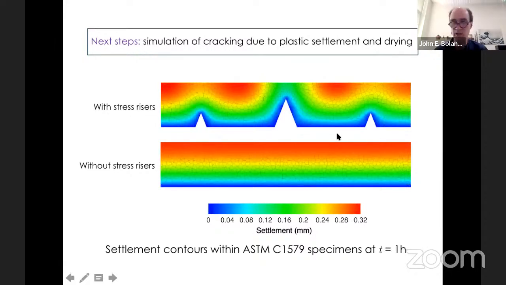One of the next steps we'd like to do is model cracking. So here's where I'd like to collaborate with you. How does this crack at age of 2 hours, age of 3 hours, age of 4 hours? This is an area of research that I think is quite open. These materials are under sustained loading. These settlement and shrinkage and so forth, it's a sustained load. The material is very young. How do we model cracking at these early ages? It's a real challenge.